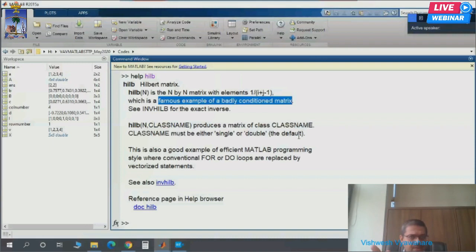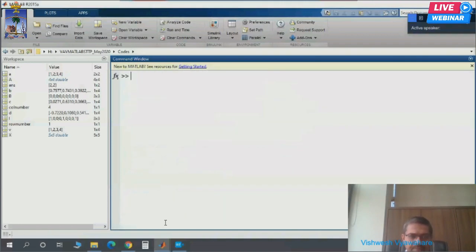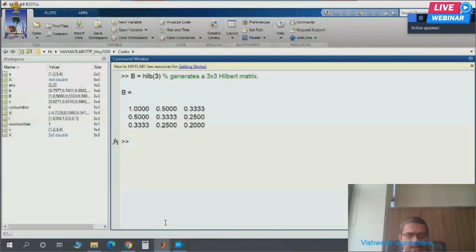This matrix looks very simple, very innocent, but it is a badly conditioned matrix. Can you generate it? Yes, you can generate it with the simple command HILB. So this is the command: B is equal to hilb(3). It generates a 3 cross 3 Hilbert matrix. I'll just press enter and it is generated.